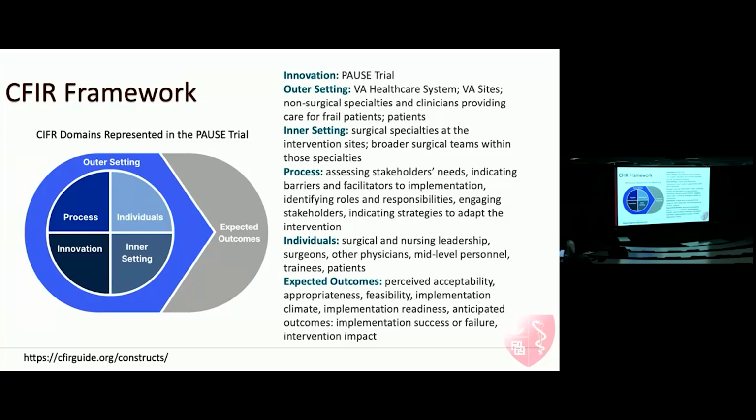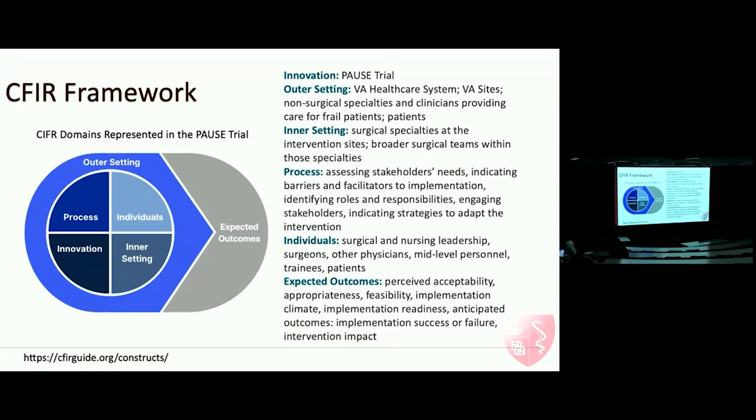So you have the innovation, which is the intervention for the PAWS trial. Then you have the outer setting, which means not where you're actually implementing the trial, but the overall setting in which the trial is functioning, which is the overall healthcare system or the overall site, the other specialties like medicine, which are not entirely part of the trial, but would impact the outcomes. Inner setting is our surgical specialties that we're actually implementing the study. And process is what we established in terms of screening as well as referral, and then recommendation,